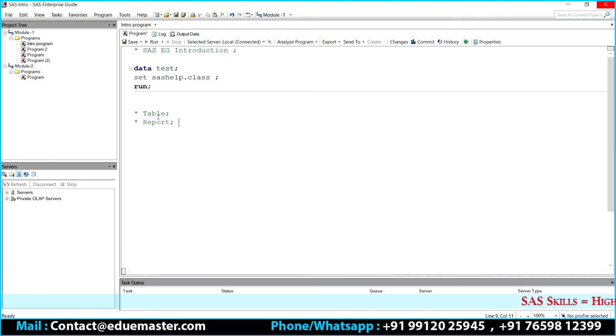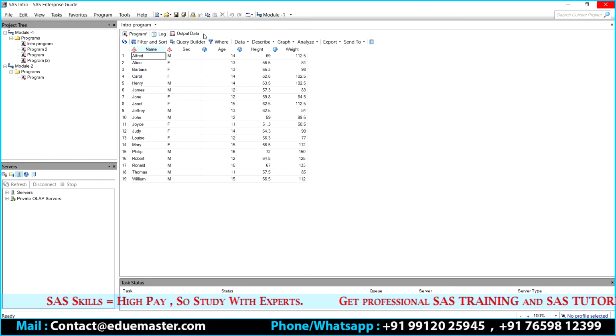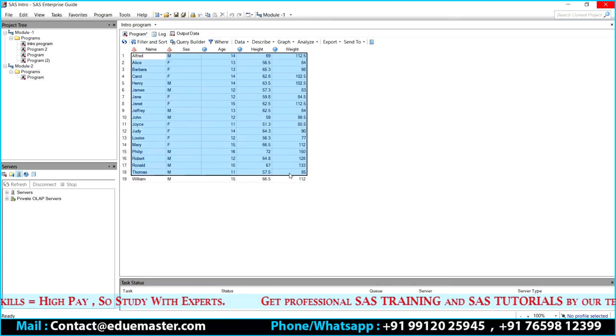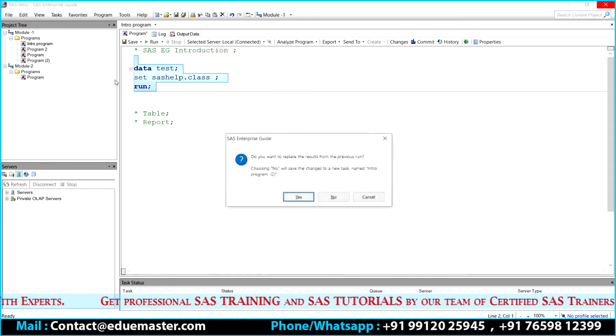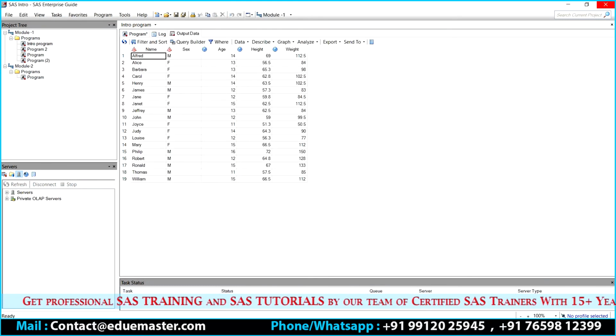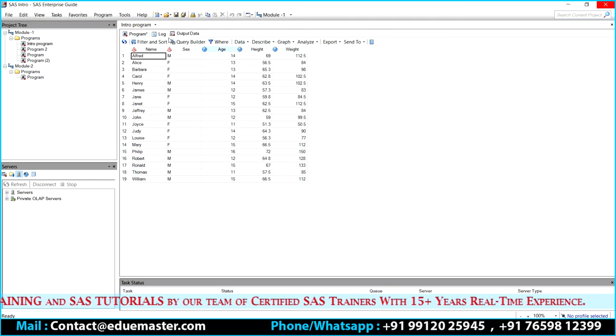If my output is a table, right away it is going to create a new output window here, and the name of that output window is called output data. You can see this is the table. If the output of this particular program is going to be a table, then the output window will be created.